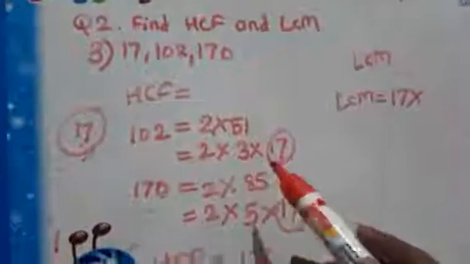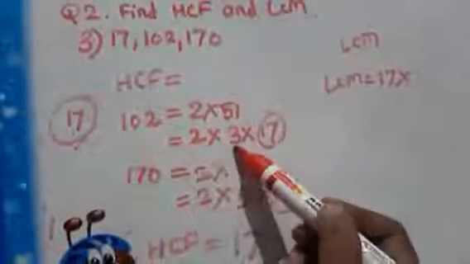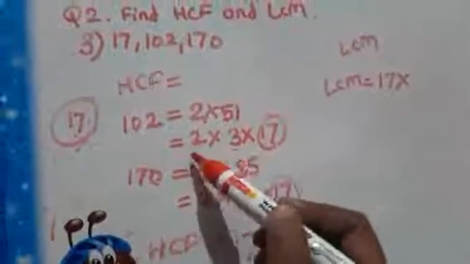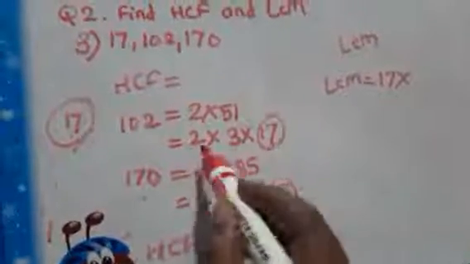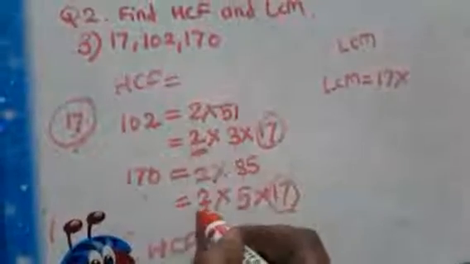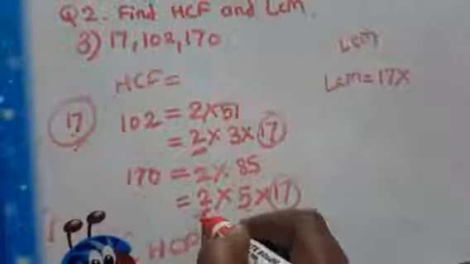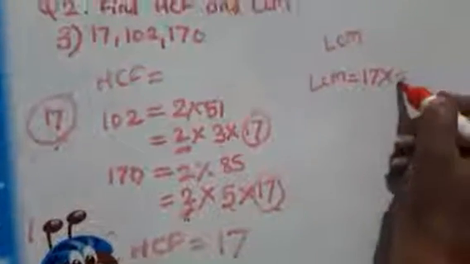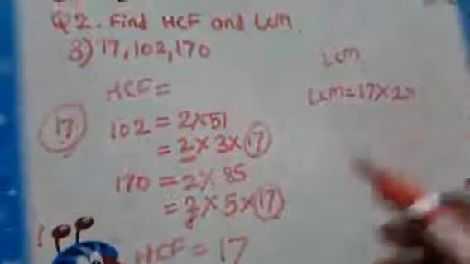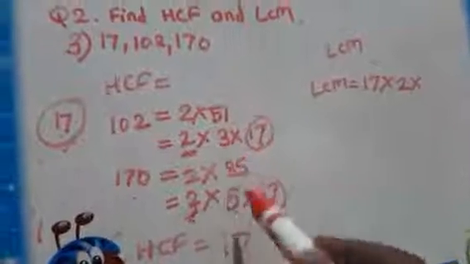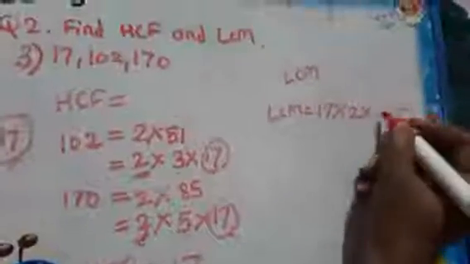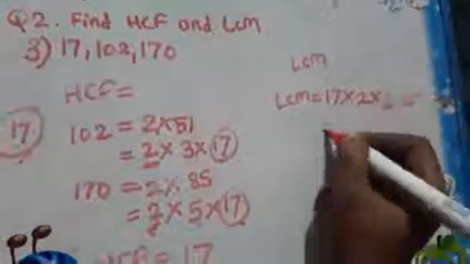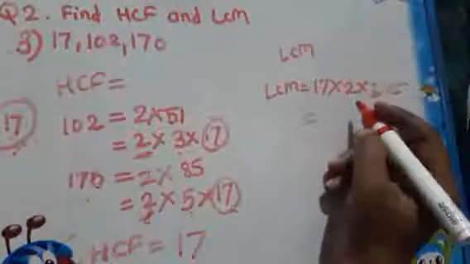Now what are the factors remaining? Here the factors remaining are 2 and 3, and here 2 and 5. Out of this, 2 is again repeated in both numbers, so for that also we will take only one time. Now what things are remaining? 3 and 5. So it will be 3 and 5. So its multiplication is